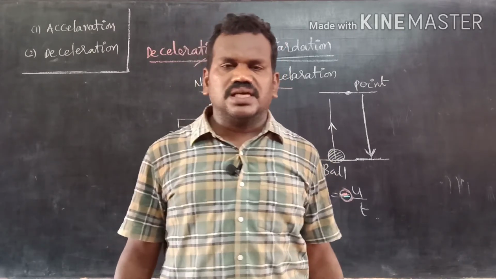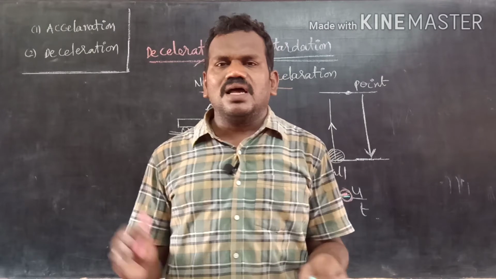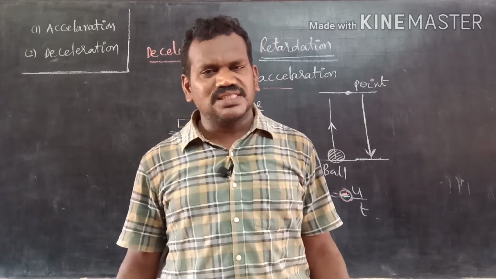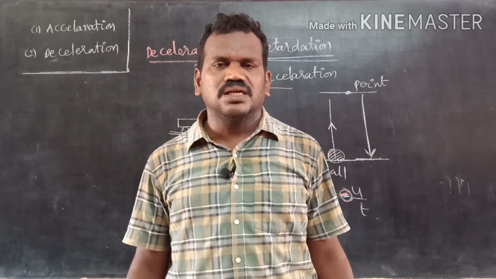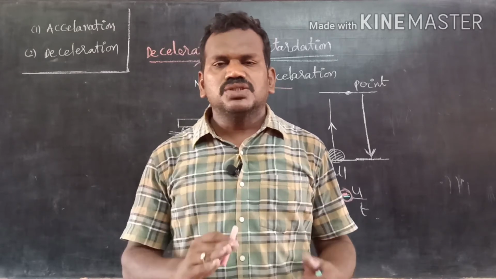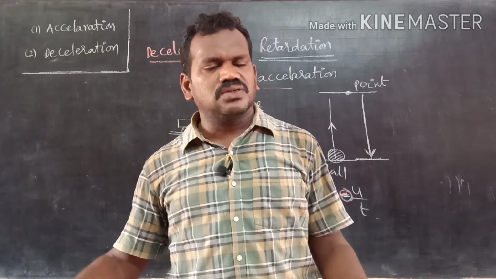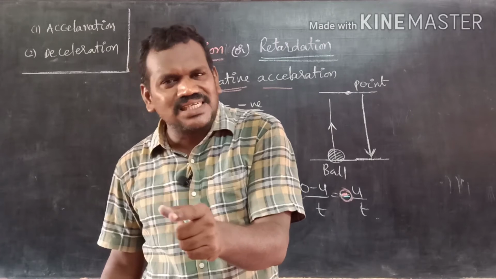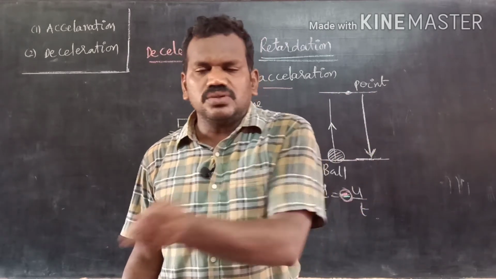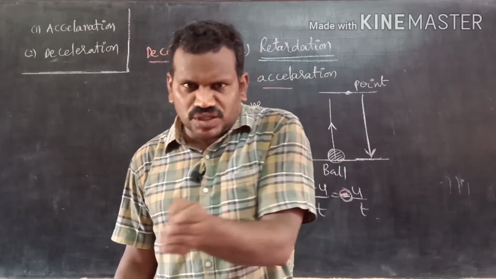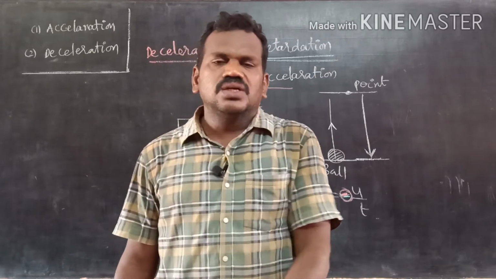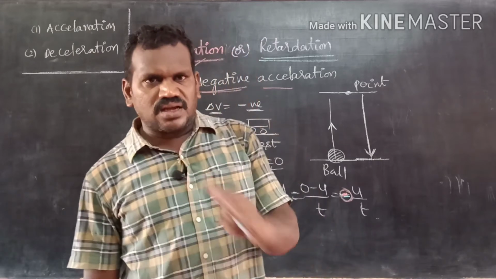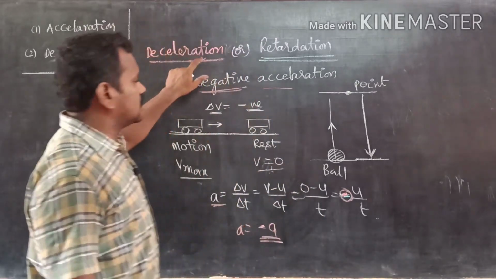For example, say we stop the pedaling of a cycle. Up to there you are moving with high speed or high velocity, but if you stop the pedaling, slowly the cycle comes to rest. This means your velocity has changed from maximum to minimum, which means there is a change in the velocity in the negative direction. Then acceleration also becomes negative. Such kind of acceleration is called retardation.